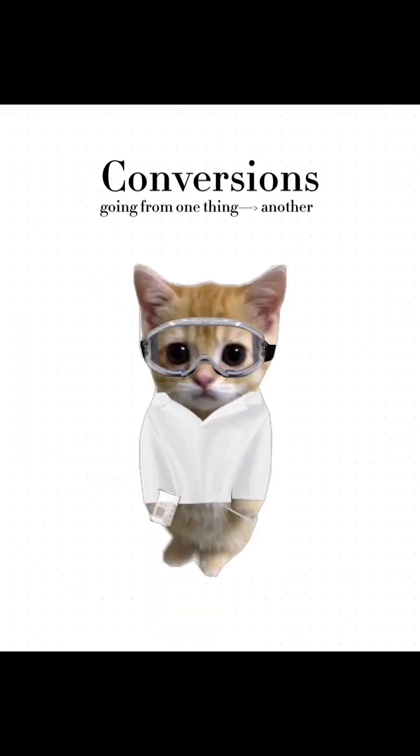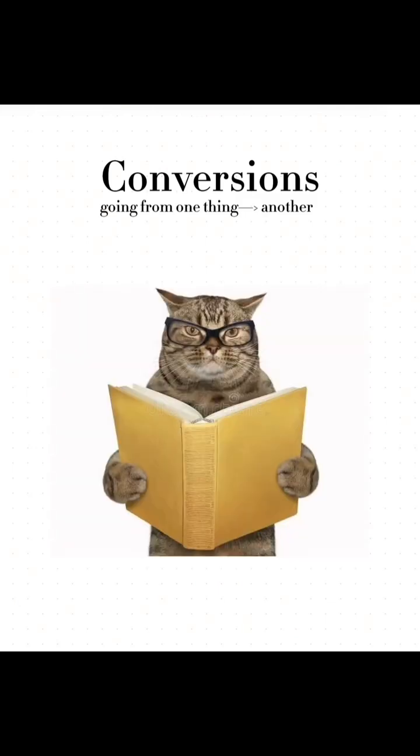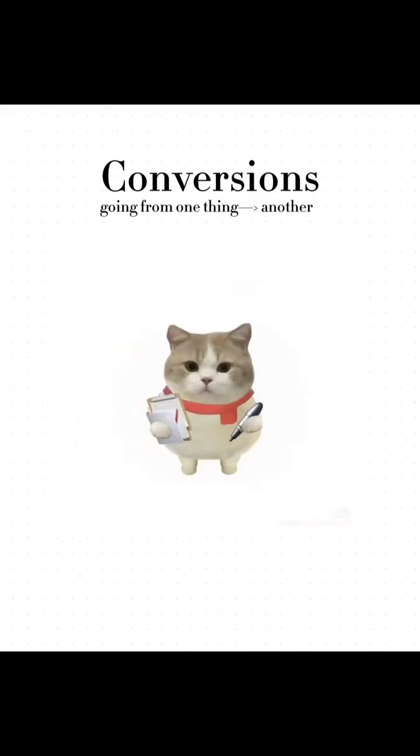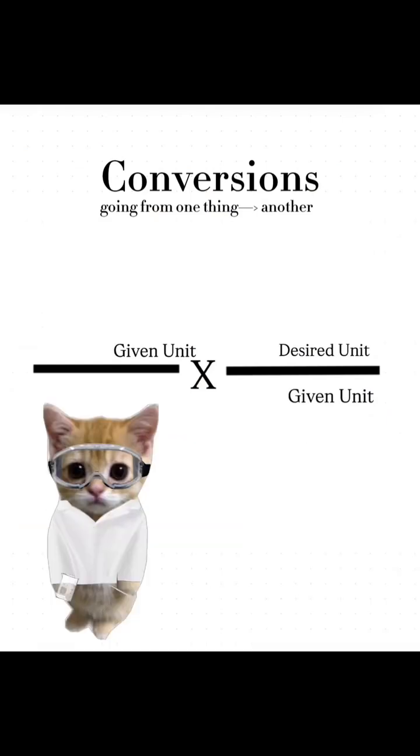So how do we go about this? How do we do conversions? Well, I have some good news for you. There's a formula that you can follow and certain steps that you can do to help you get to your answer. Your formula is going to be given unit times desired unit divided by given unit. So this formula up here. And I can at least 99% guarantee that you're bound to get it right every single time